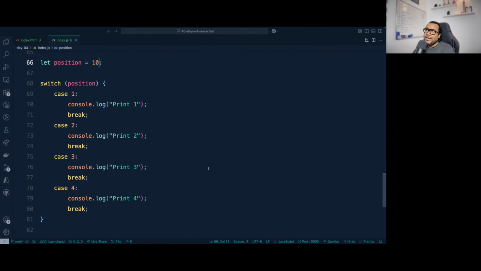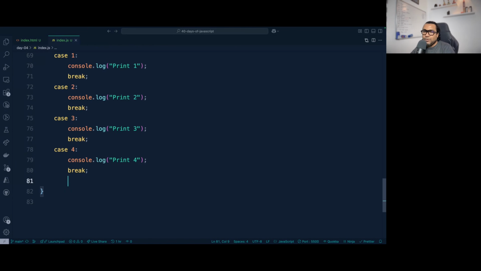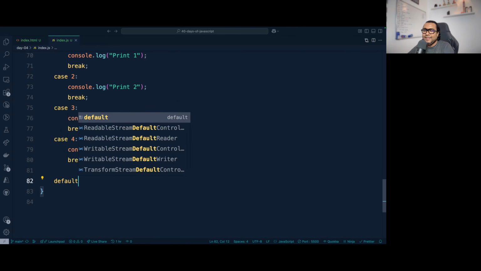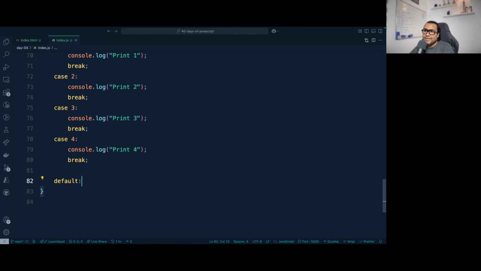But in your programming, you might have to handle this fallback value. Fallback value means if it is not matching with anything, at the end you want to tell that there was no match found, right? This is what we do in programming. So for that purpose you have to use something called default. This is like the else in if else, but not exactly else.